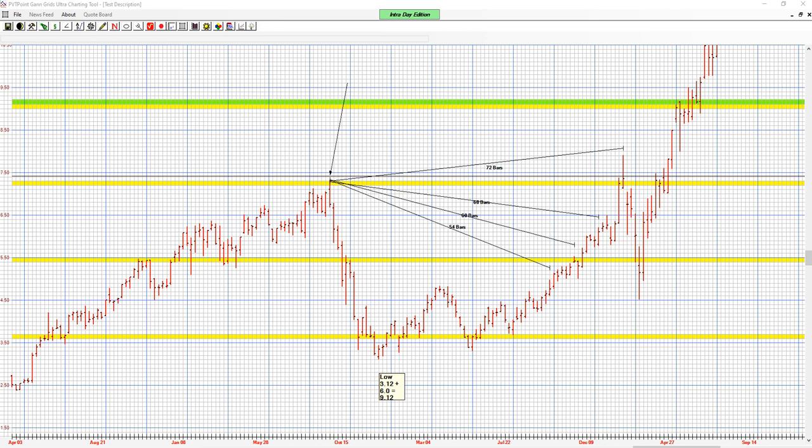Looking at Nvidia again in Gann Grids Ultra. What I'm doing here, I'm just plotting some of the natural price levels based on the 6 in yellow, and I've got a projection off the low marked in green. What I have marked in the yellow is the natural number of